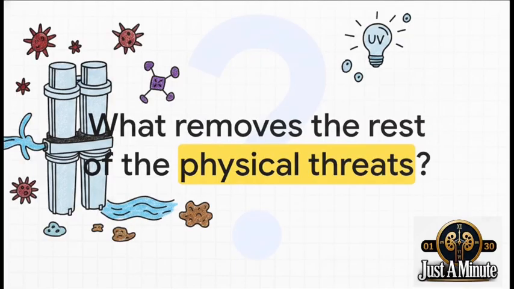And that leaves us with a pretty fascinating puzzle. Because if the microbes are still in the water, just inactivated, well, what removes the rest of the physical threats? What handles the endotoxins or strips out the dangerous chemical contaminants? UV does its incredibly precise job of stopping biological replication, but man, there is so much heavy lifting happening behind the scenes. It really makes you wonder just how complex the rest of that dialysis water treatment machinery truly is,